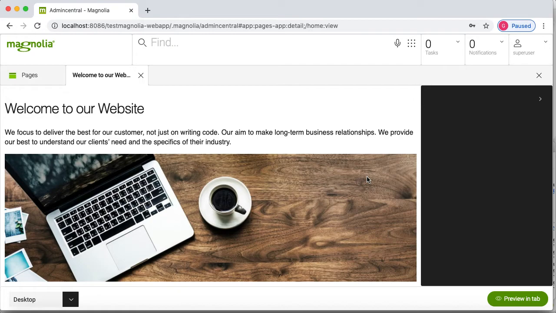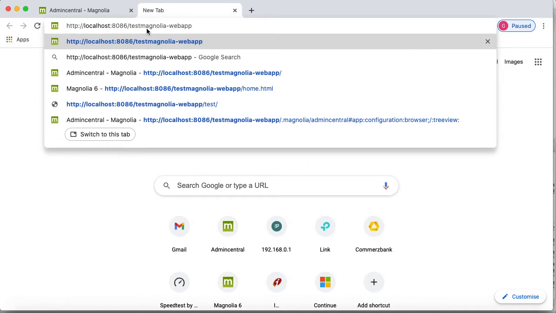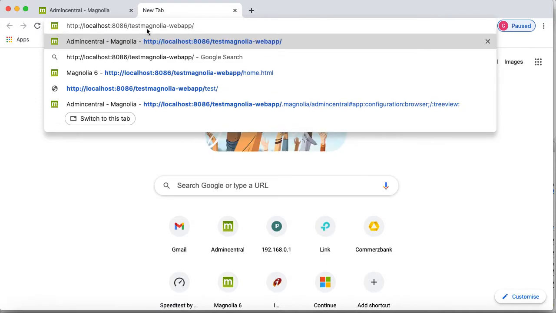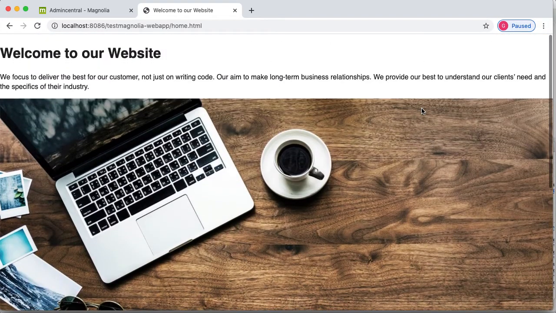So this is what we created at the author and pushed to the public server. Now I'll show you how it looks at the browser side. For the browser, we need to use this URL till here, and then I have to put home. So this is how it will look in terms of your website. Here you will have the information you have created.